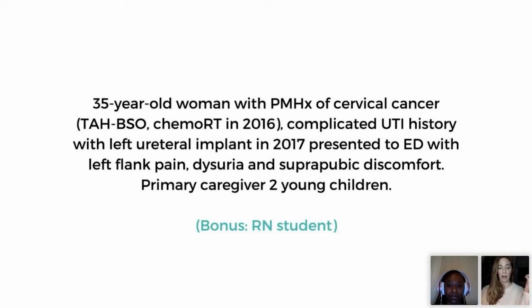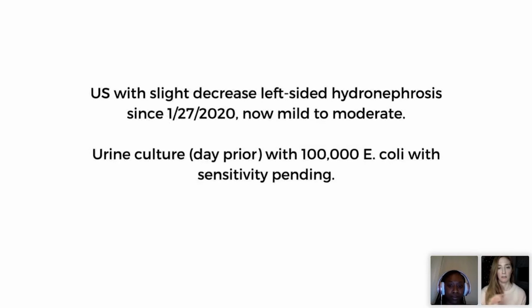anything that causes scar tissue that can mean that bacteria is fluxing back up to the kidney. And so all the things that cause those setups. So not so much cancer, but the fact that she had radiation and surgery for cancer can make her a setup. So, oh, someone said childbirth too. Good one. That wasn't intended as part of it, but yeah, that certainly can be, especially kind of right after